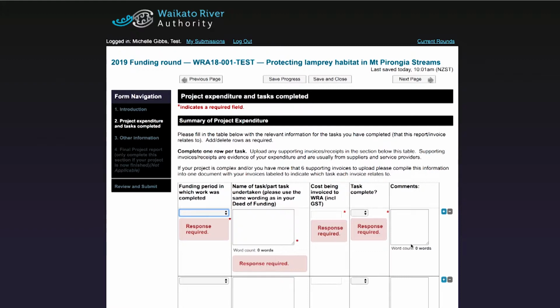Here you are asked to fill in the table with the relevant information for the tasks you have completed and the tasks that you are invoicing us for. Ensure you use the same task wording as on your deed of funding or your project plan spreadsheet. The dollar values you enter in the table must be the same as those on your invoice and should be